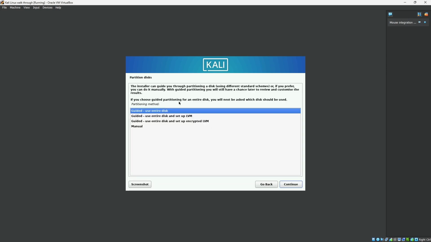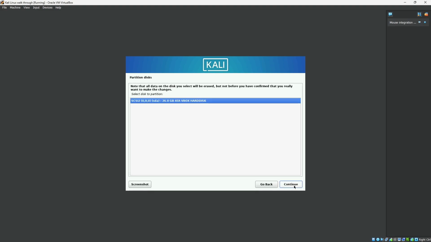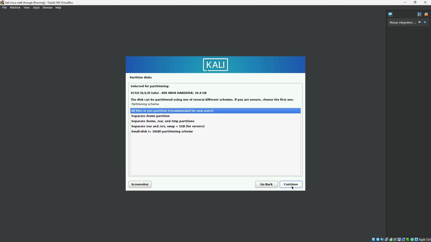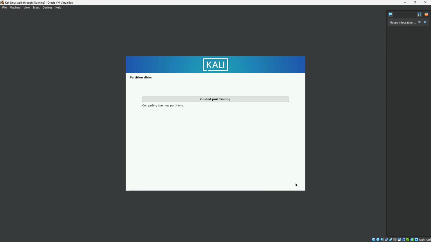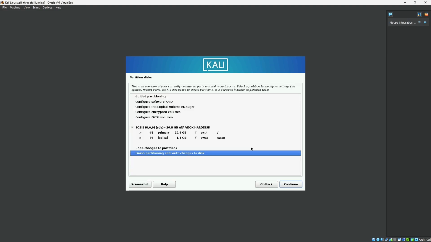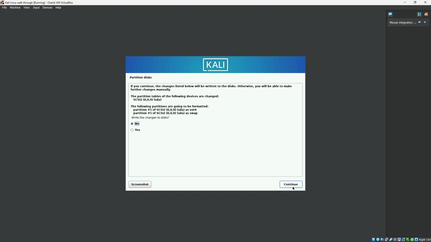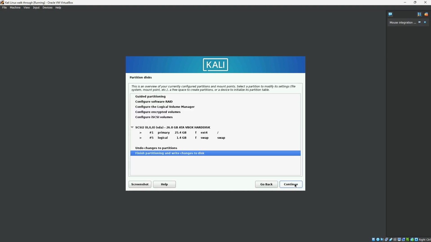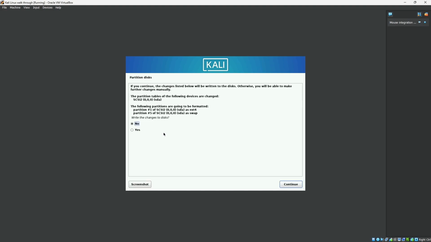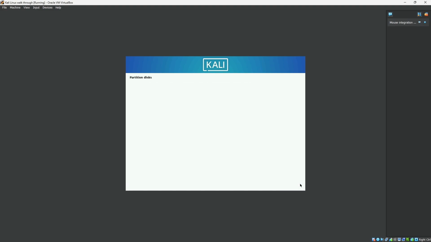You can leave this as guided. Use entire disk and continue. And continue. And then you can continue as well for that. Then you can do finish partitioning and write to disk and hit continue. Write changes to disk. You can leave this as the default as no. And hit continue. Yes. Change to this. I think